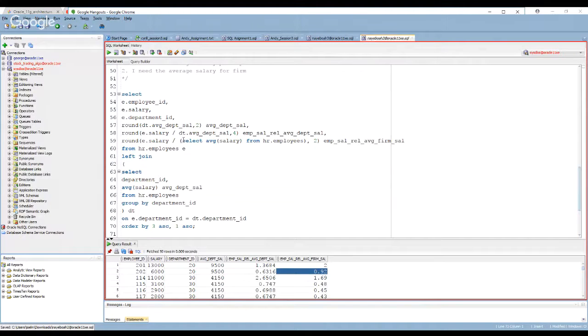The problem occurs when, if you look at line 59, in our final output, it pulls the employee's salary, then it runs this query to get the average salary within the whole firm, and then divides it. So it's doing it every single time, right? So let's just run this one to see.